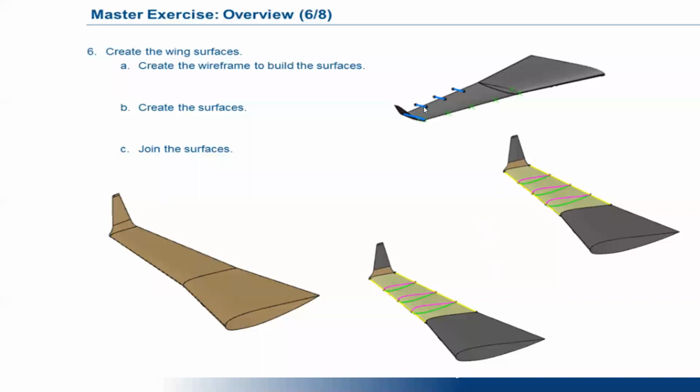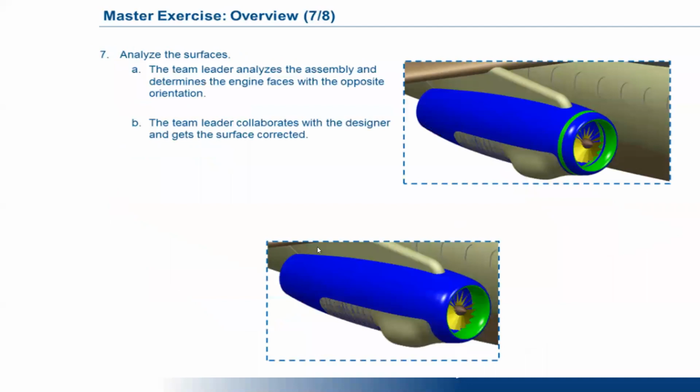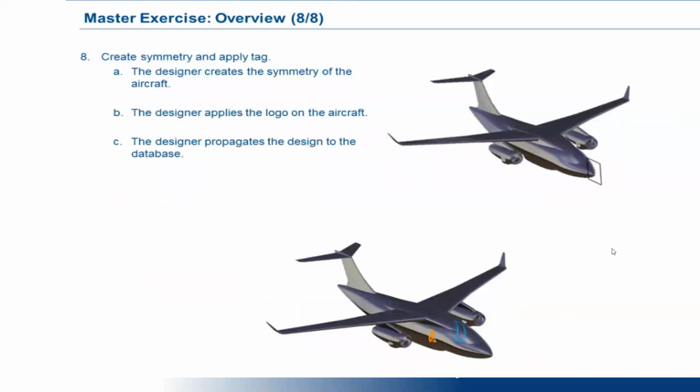So we have to use the points and the lines that they provided, and then create the profiles. The multi-section tool, I explained to you yesterday, right? By using multi-section we can create surfaces between multiple profiles at particular distances. The same way, we can complete the wing surface. Finally, once we complete all of them, we will project the logo on one side and the doors on the other side, and finish the complete aircraft design.